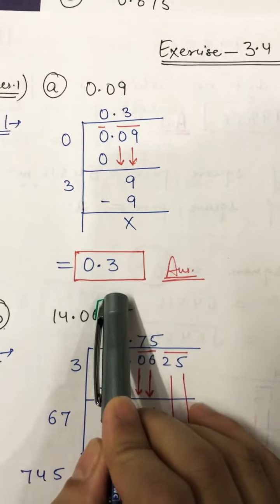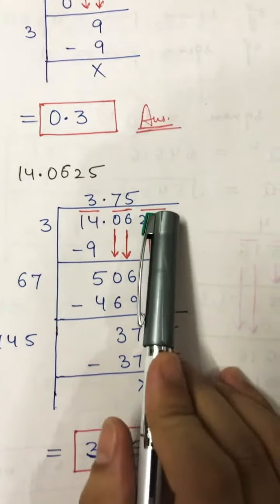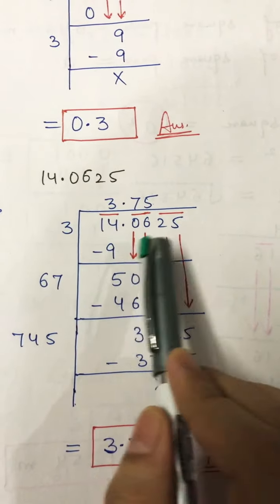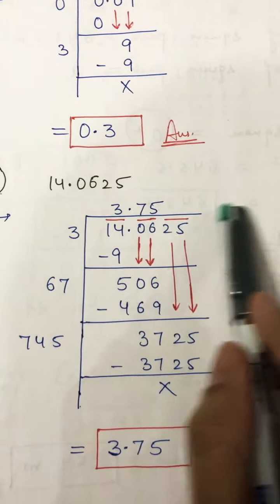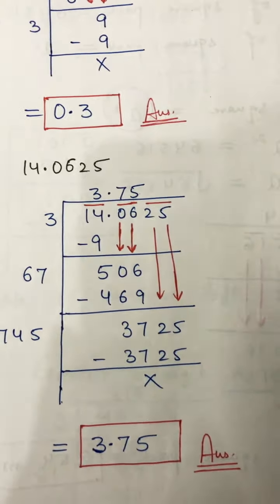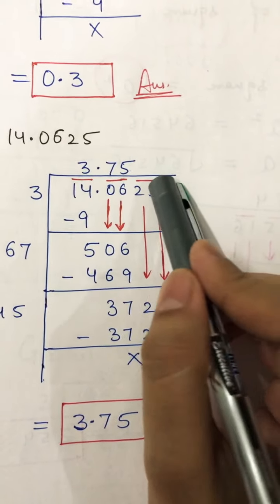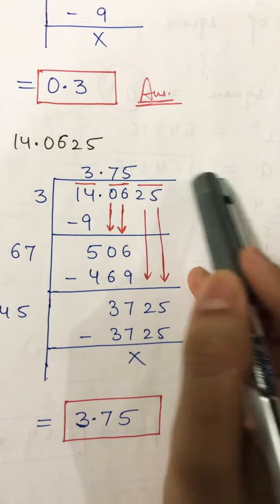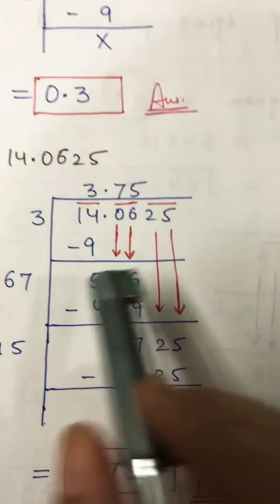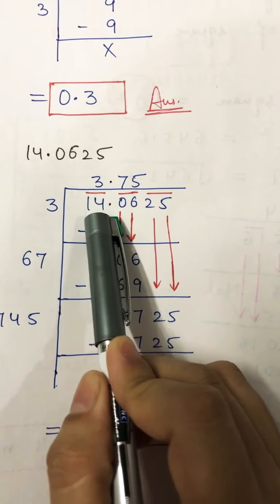This is the answer. Then we discussed part number B in the online class. This is given to you. First of all, write down the long division method symbol. Now you have to mark pairing. You have to mark pairs from the last digit: first pair, second pair, third pair. Now the first number is 14. Now 14 will go on which table?